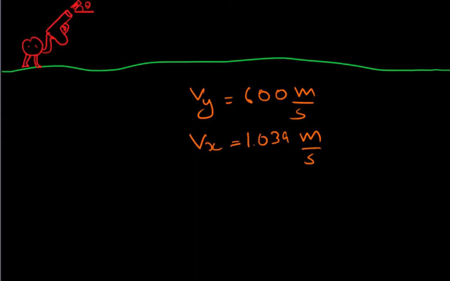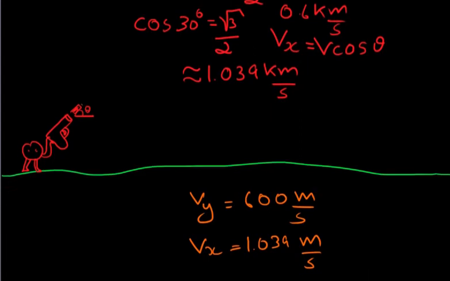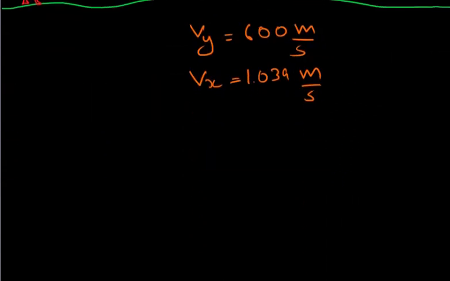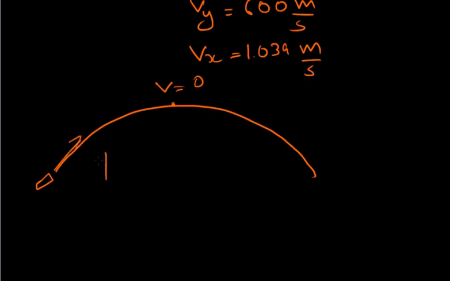Now, as we have these two velocities, we can figure out how much time it will take for the journey and all other things. As this object is traveling like this, when it reaches the top, its velocity is going to be 0, and we know the initial velocity of this object. We are not taking the initial velocity like this, we are taking the vertical component, because we are looking at the object when it is going up.